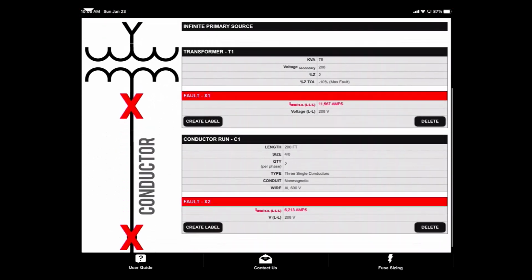But let's take a look now. Let's look at the conductor run. So the length of the conductor was 200 feet. The size of the conductor is 4 aught. I got 2 conductors per phase. We have 3 single conductors. The conduit type is non-magnetic, so that could be your PVC. And the wire type is going to be aluminum up to 600 volts. Now let's look at the fault at X2. X2, the available fault current, it dropped down to